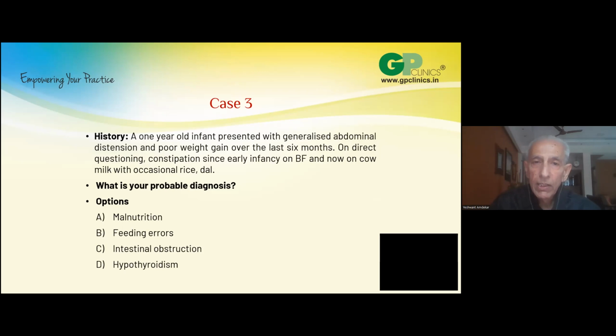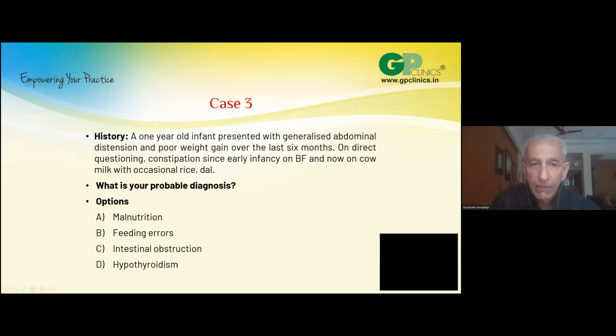And very early in infancy, while he was on exclusive breastfeeding, the mother had noticed constipation, which was brought up by direct questioning about stools in this child. And now this baby continues to be on breastfeeding plus cow's milk with occasional rice and dal. Look at this whole story: gradually progressive abdominal distension with constipation beginning very, very early in infancy, even while on